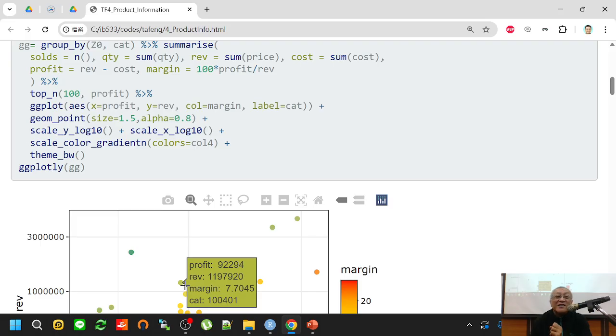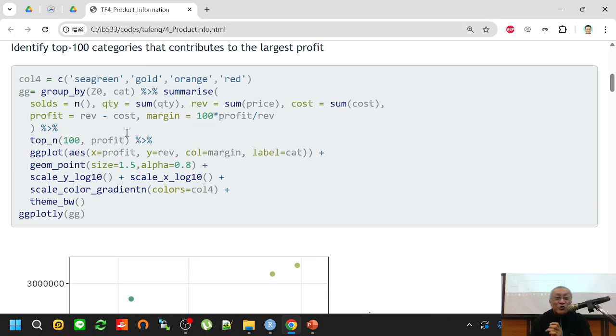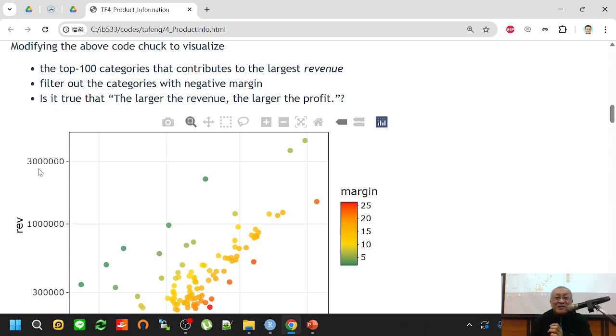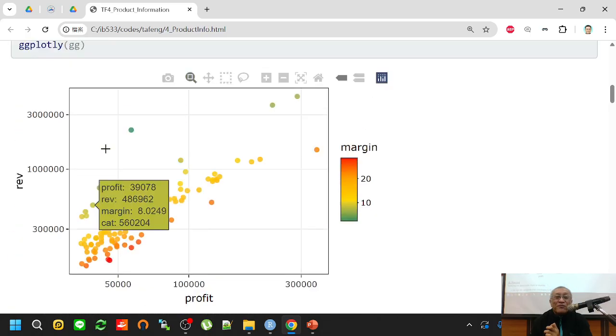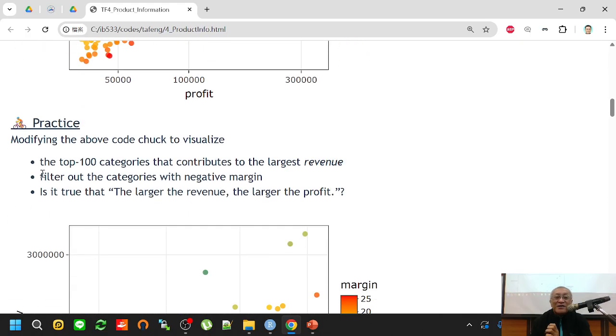Okay, category ID. So this ggplot should be straightforward, right? And then here's a kind of exercise, right? I want you to modify this ggplot so that you can